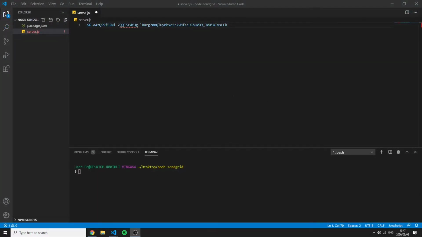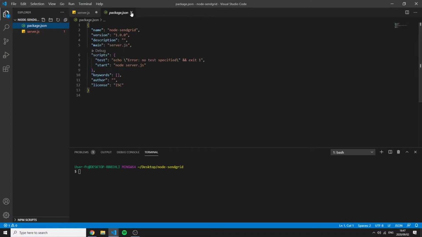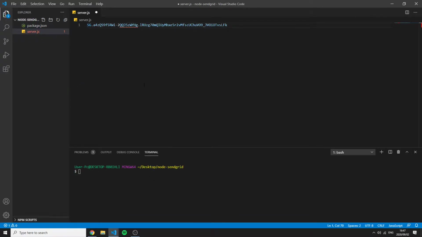Okay, so once you are completely done with the SendGrid account setup and you've got your API key and you've created your sender, now we can come to our Node application. So basically I haven't done anything yet. I only have initiated my package.json and then just created a server.js file. The package we're going to need to talk to SendGrid is called, so we can just say npm install @sendgrid